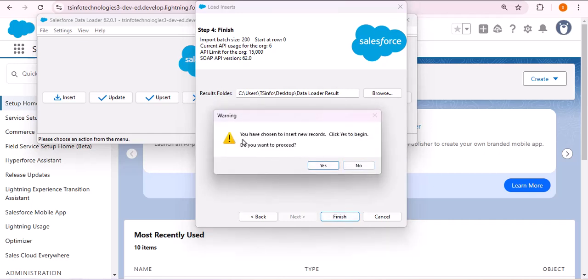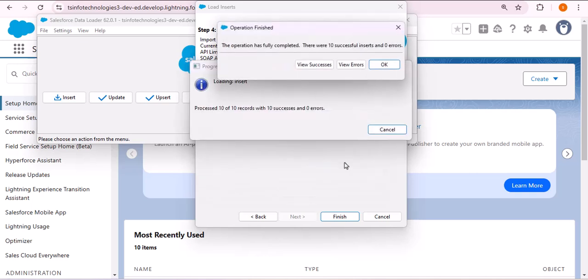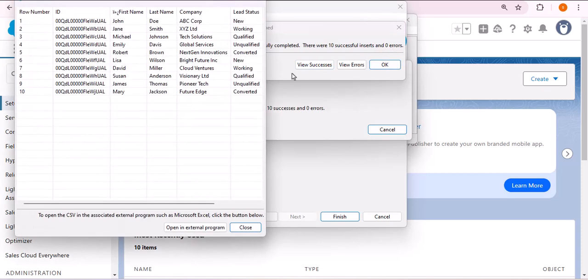Here you can see we have one warning. You have chosen insert new records. Click yes to begin. Do you want to proceed? So here we want to proceed. For that, click on the yes button. And here you can see the operation has been successfully completed. There were 10 successful inserts and 0 errors. So as you click on view success,